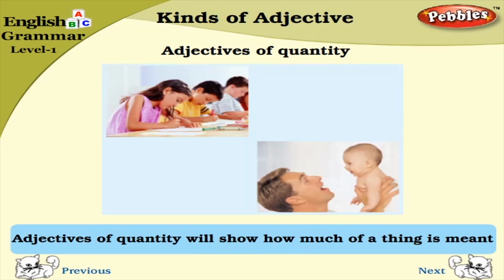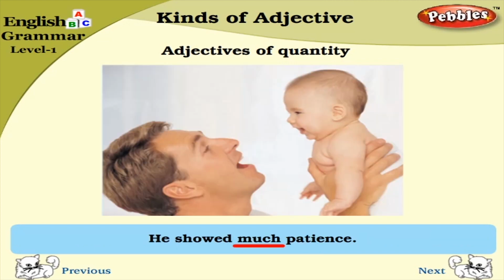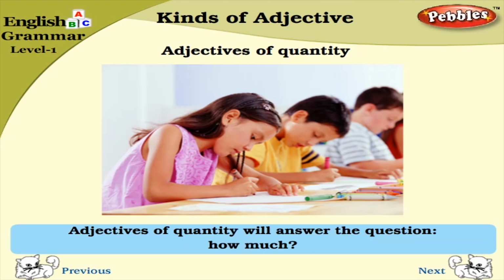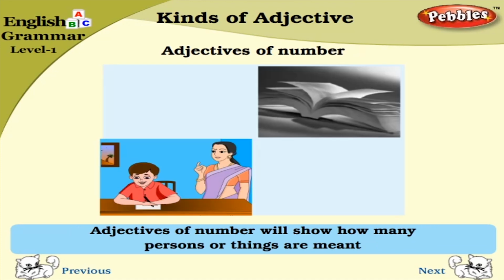Adjectives of quantity will show how much of a thing is meant. He showed much patience. We have had enough exercise. Adjectives of quantity will answer the question how much. Correct. Adjectives of number will show how many persons or things are meant, or in what order a person or